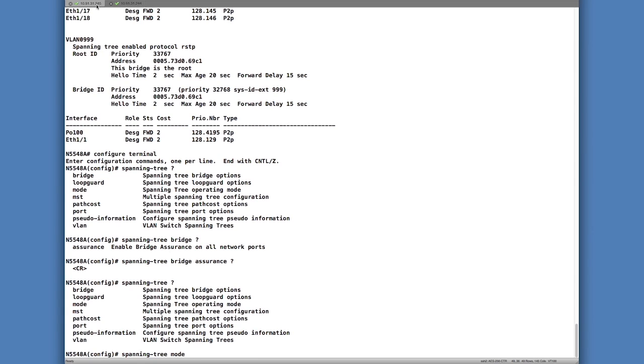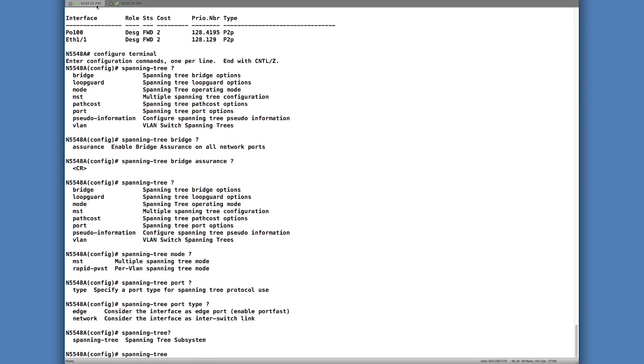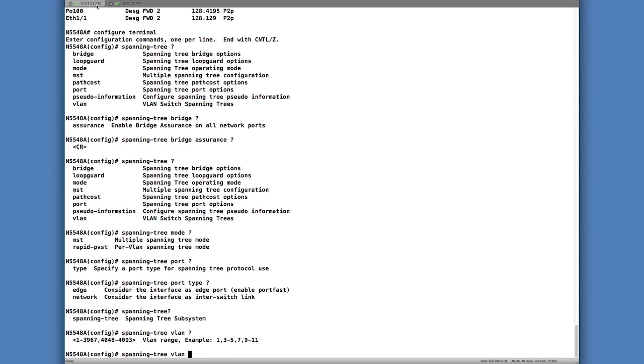Here is where I configure spanning tree to run in either multiple spanning tree or rapid PVST, which is the default mode. Finally, another useful command, and one that is essential for a network administrator, is the spanning tree priority command. We use this command by typing spanning tree, the VLANs that we want to affect, which in this case we can highlight a range,